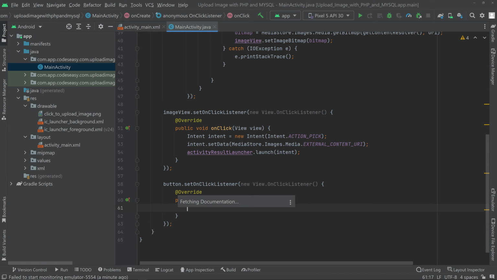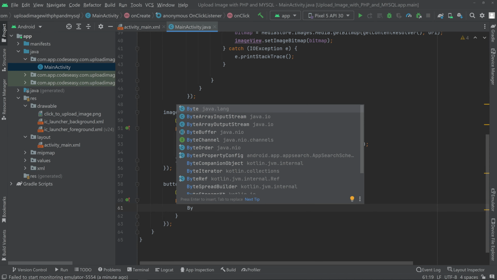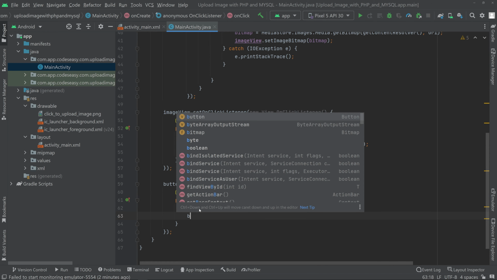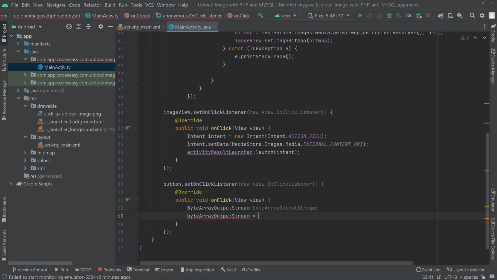For that, we will have to encrypt it to a base 64 and store it as a string. Then we will have to send this to the API through Volley. So first of all, let's convert the bitmap to the string. For that, type byte array output stream, create the object, equal to new